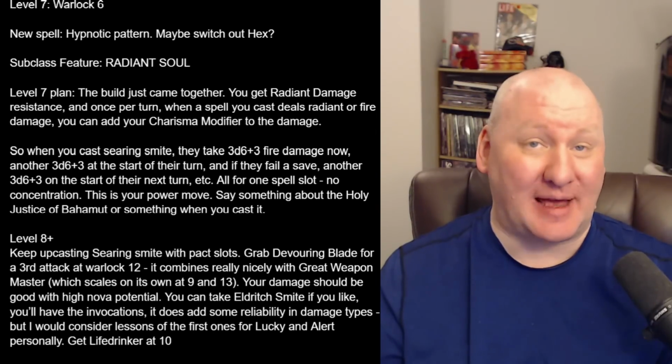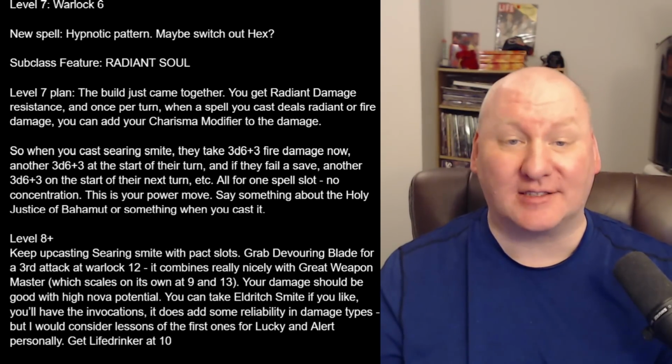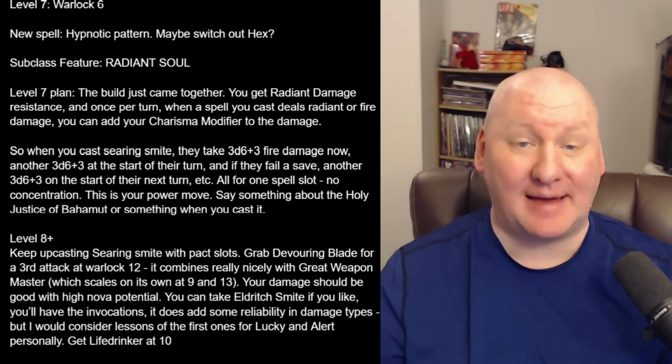And I'm going to go over some damage numbers later. And I didn't. I used it from levels 2 through 4. And that was it. Subclass feature, Radiant Soul. Level 7 plan. You get Radiant Damage Resistance,